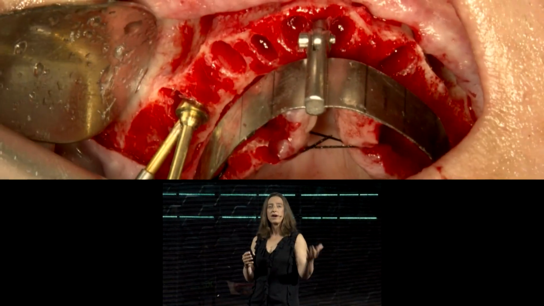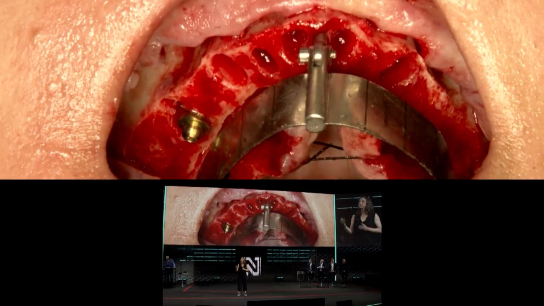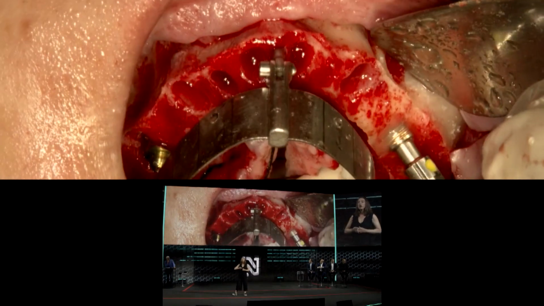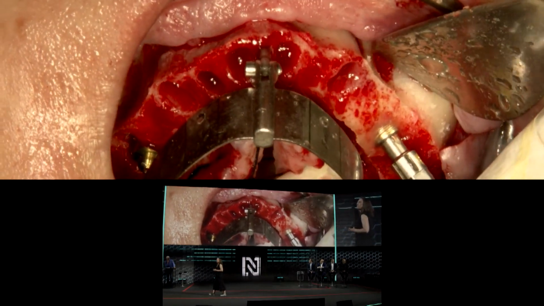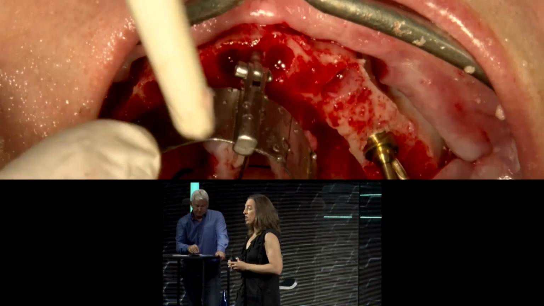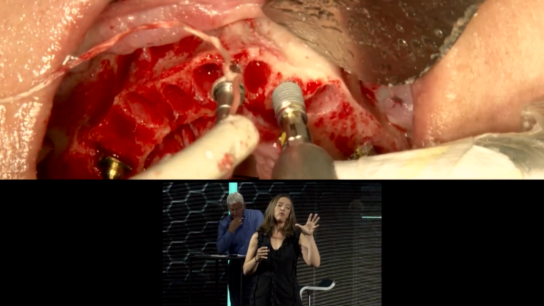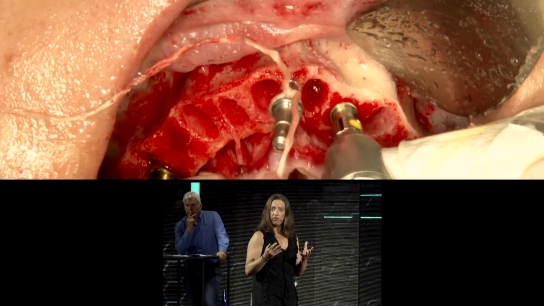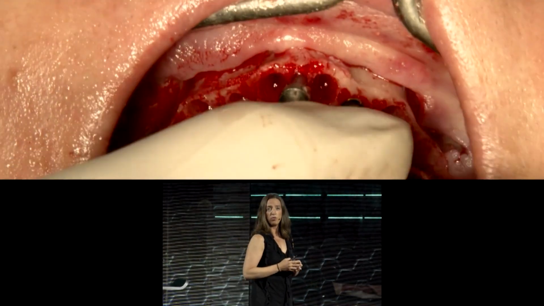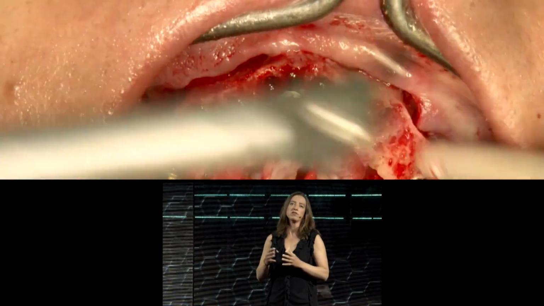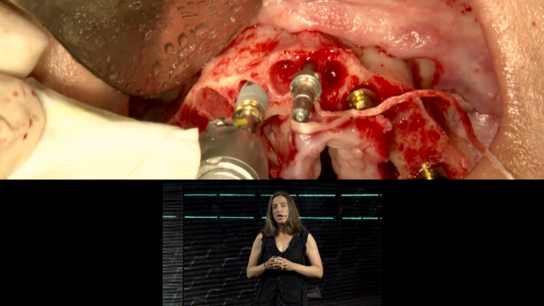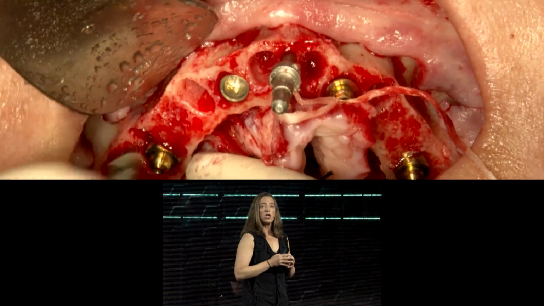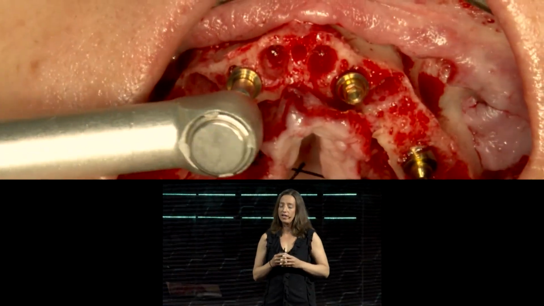So I place my tilted implant, then I compensate the tilting of my implant using my abutment, and after this, I move to the other side and do exactly the same. Now, what we have to think about is always what type of bone do I have? And here, it was enough just to go for an under-preparation protocol in order to have a good primary stability of my implants. So after placing the posterior implants, I go and place the anterior implants, connect my abutments, and